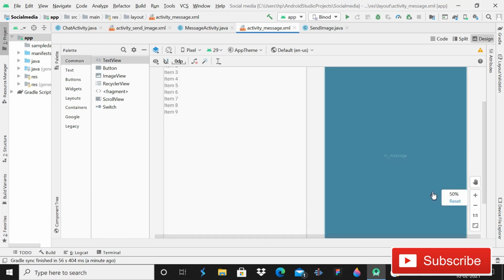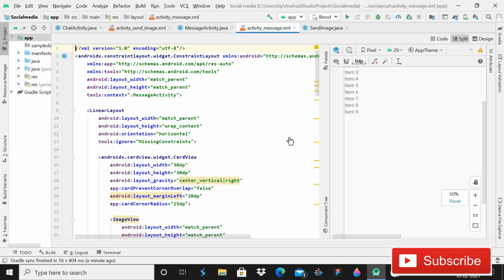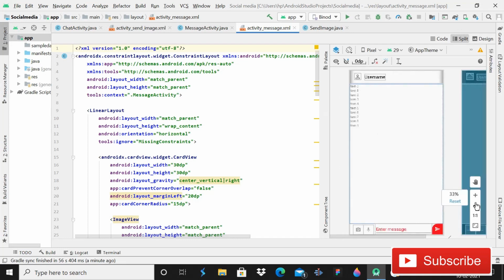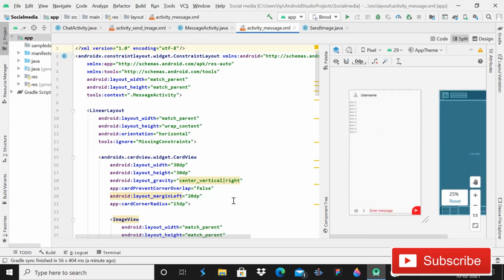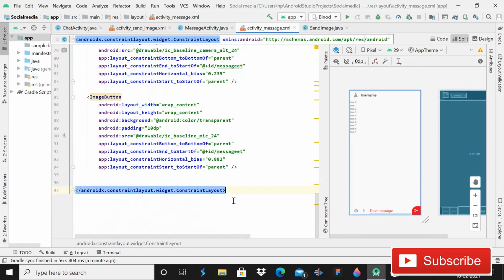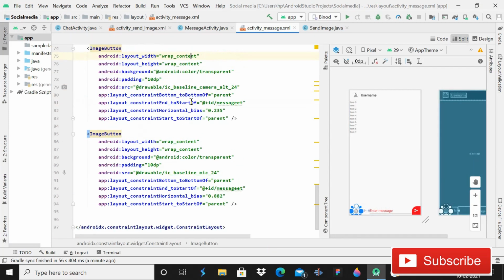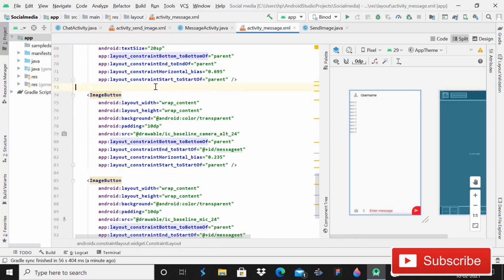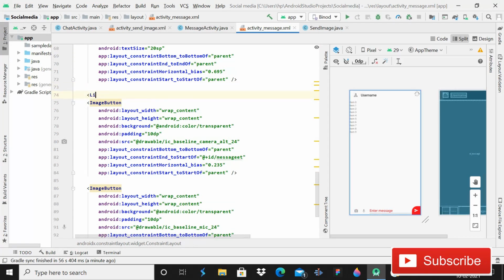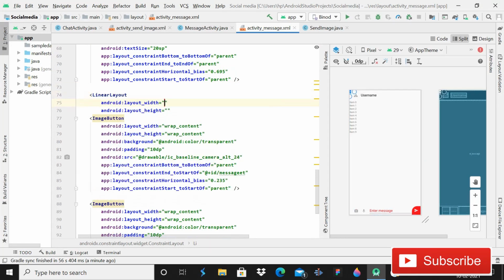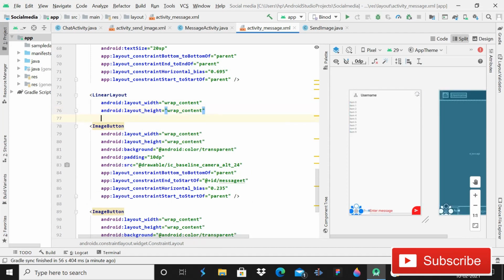All you need to do is go to this split, and then go to the page down, and you can see that we have these two buttons. Here you have to simply write a LinearLayout with wrap content, and give it padding of 5dp.